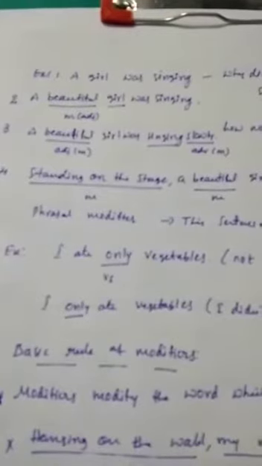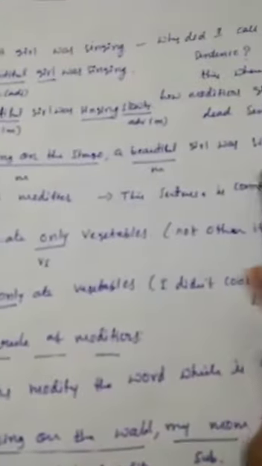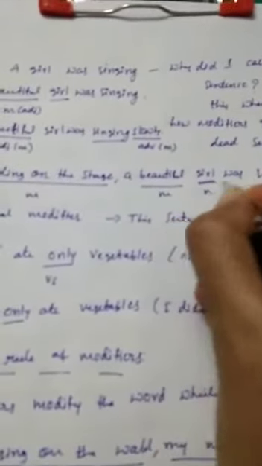Here, as I told you, a modifier could be an adjective, adverb, a phrase or a clause. So standing on the stage is a phrasal modifier. Beautiful is a modifier and slowly is also a modifier. These three modifiers modify a girl, which is the noun in the sentence. So maybe you got my point, how the dead sentence changed to alive, which is given a complete meaning with modifiers.